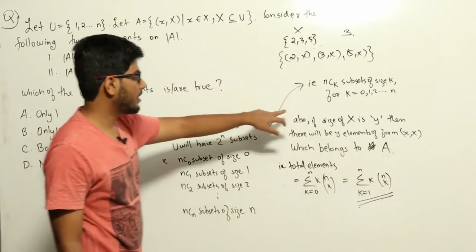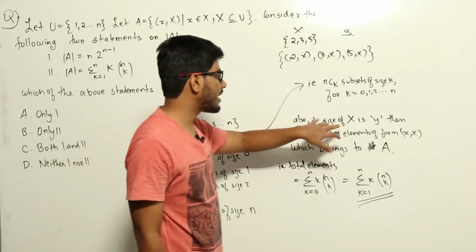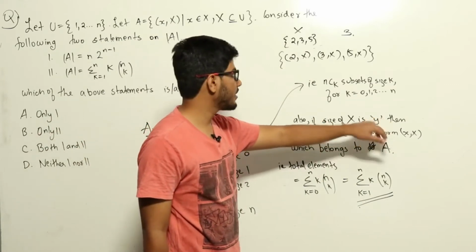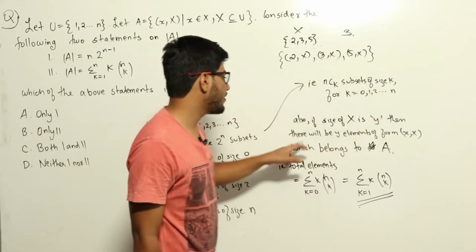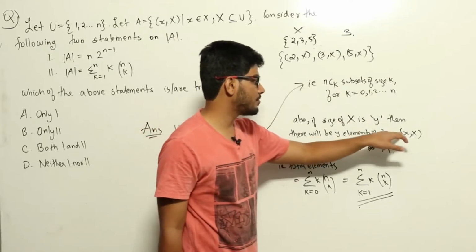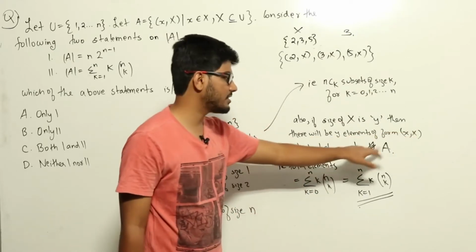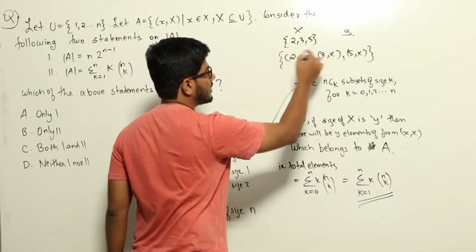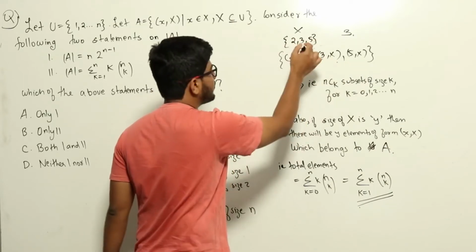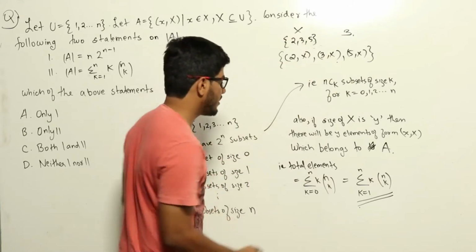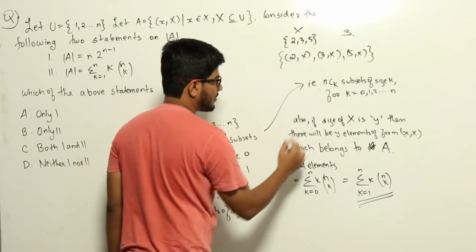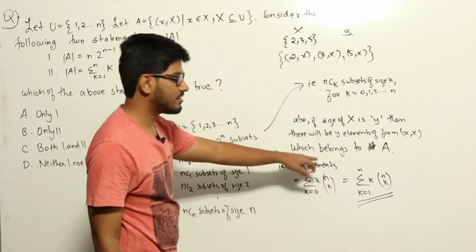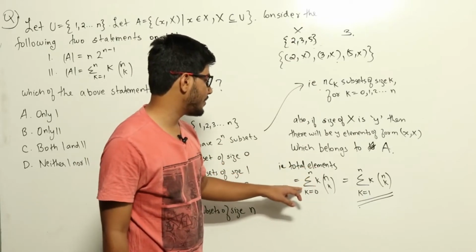Okay, so again I am reiterating it. If the size of X is y, here in the example it was 3, then there will be y elements of the form (x, X) which will belong to the set A. See here again, if size of X was 3, meaning there are 3 elements which belong to A based on this set X. Now these two statements, if we combine, we will see that the total number of elements which will be there in A will be equal to